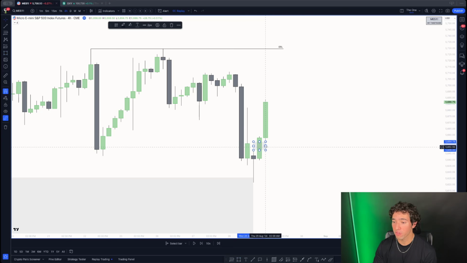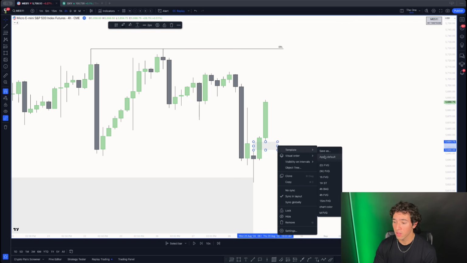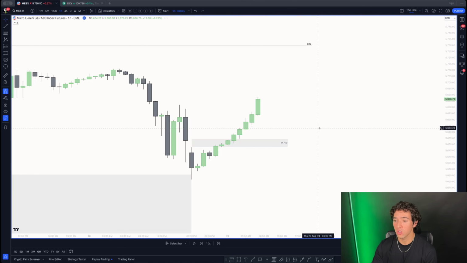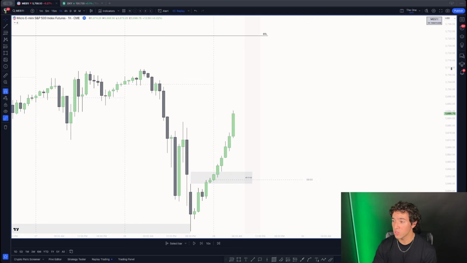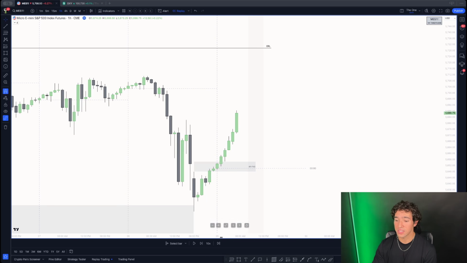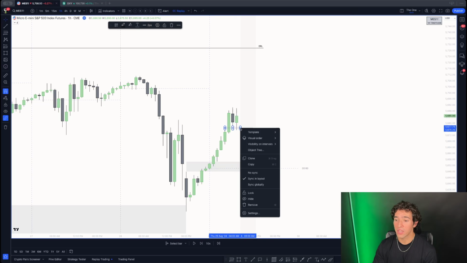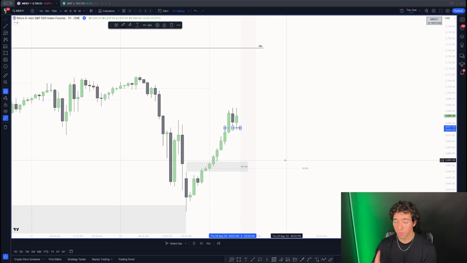We see a 4-hour fair value gap displacing higher. So let's mark that up. It is a breakaway gap though, so I don't expect price to come down into that level. Let's go down a time frame here and look for a PD array we can use to get in line with these higher prices. Let's move forward in time, and we see a 1-hour fair value gap right here, which is beautiful to now expect higher prices out of, right? We have our bullish bias, and now we have our higher time frame PD array in line right